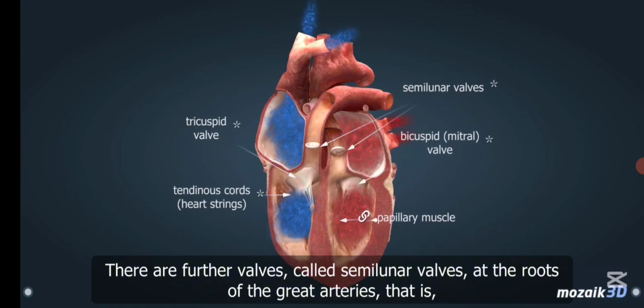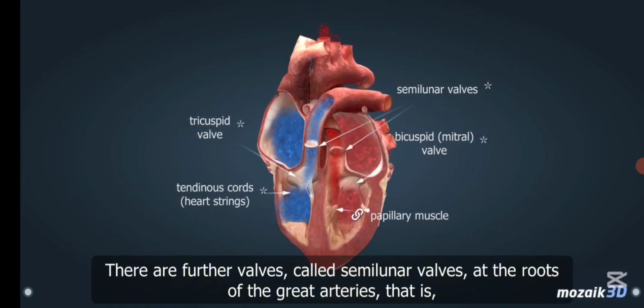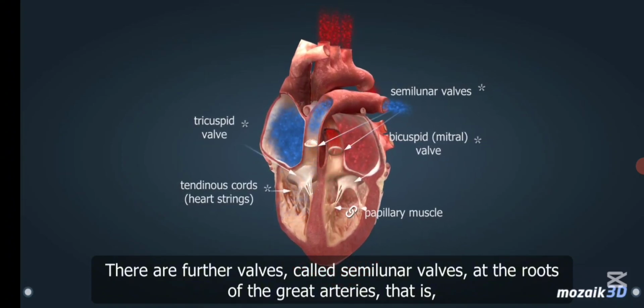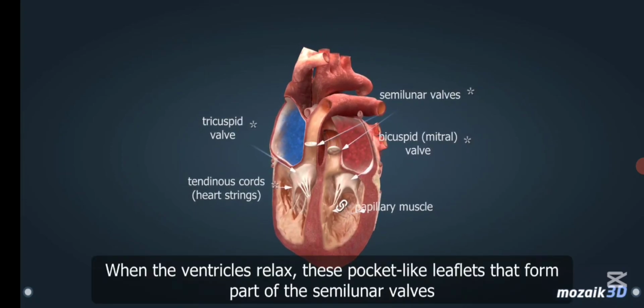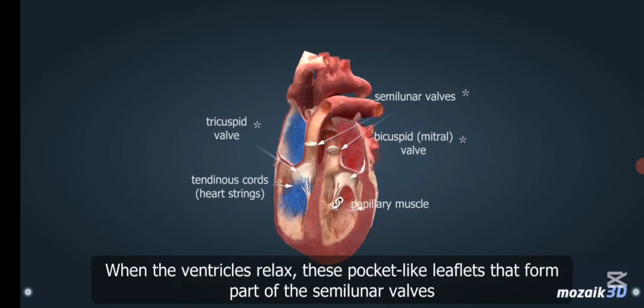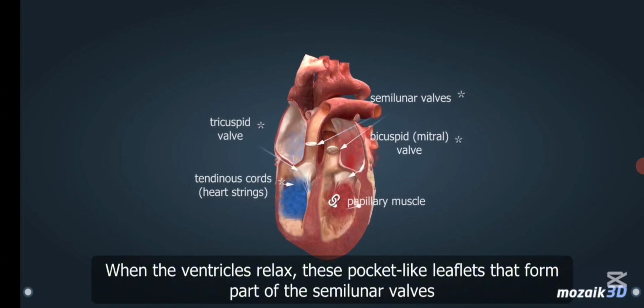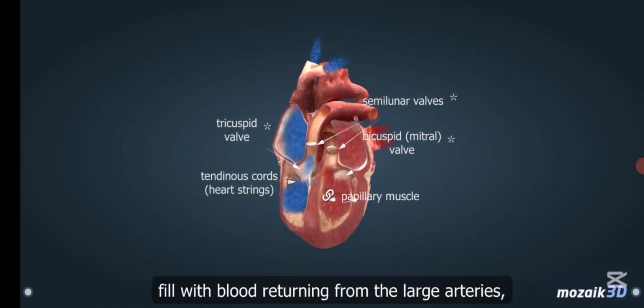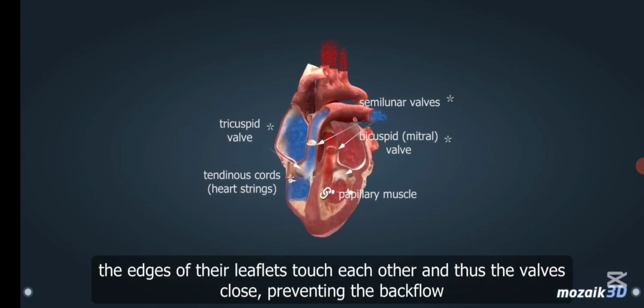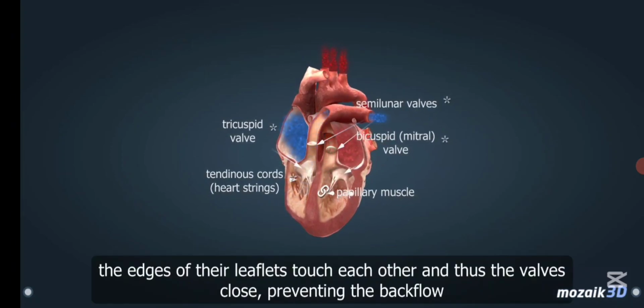There are further valves called semilunar valves at the roots of the great arteries, that is, the aorta and the pulmonary artery. When the ventricles relax, these pocket-like leaflets that form part of the semilunar valves fill with blood returning from the large arteries. The edges of their leaflets touch each other, and thus the valves close, preventing the